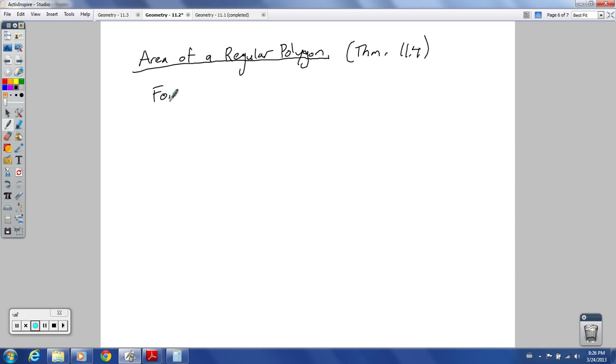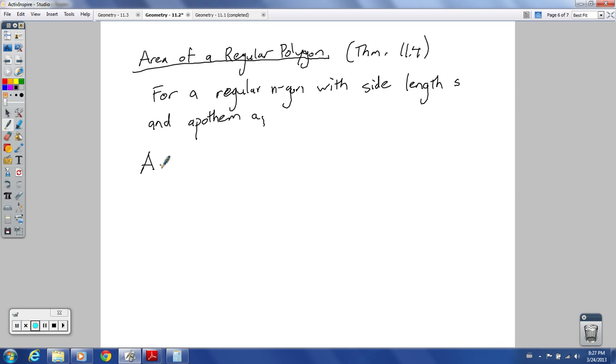And what it says is this: for a regular n-gon with side length s and apothem a,